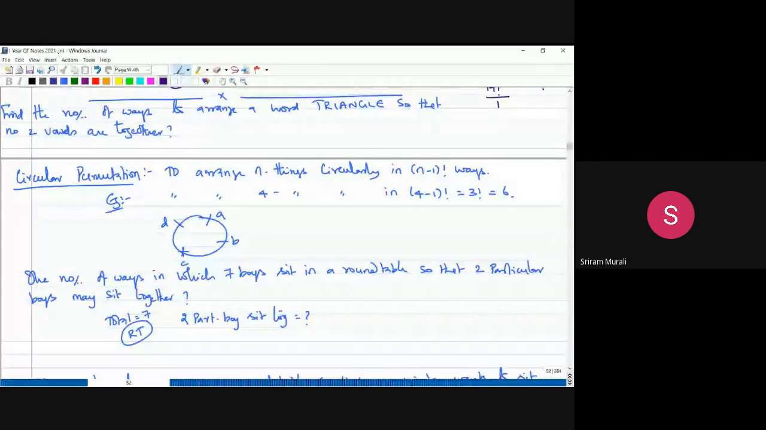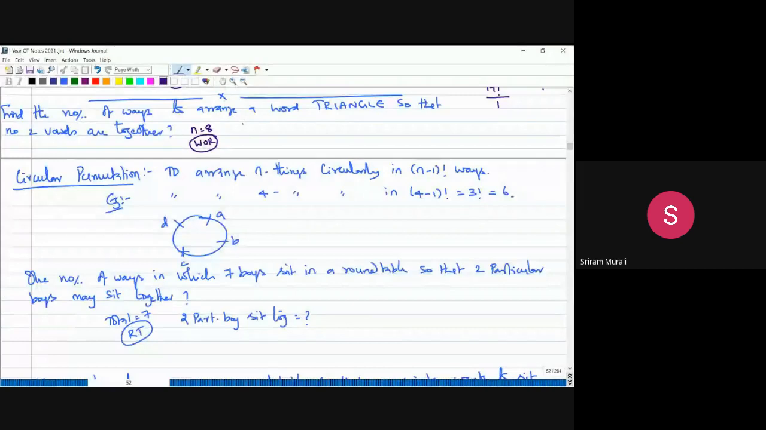So the word triangle, how many letters are there? 8 letters. What is the condition? No two vowels are together. So 8 letters, with no repetition in the given letters. No two vowels together. Vowels together, how many vowels are here? Only 3 vowels. How many consonants are here? 5. What are they? So first arrange